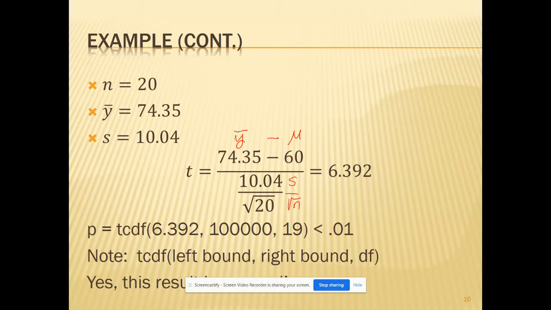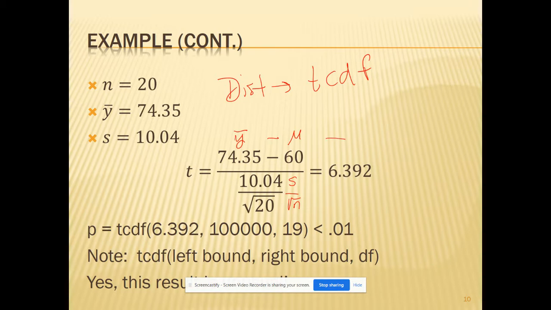Now, then I'm going to hit the second key and the variable key to go into the distribution menu. And we want to choose this tcdf. Notice that, remember for before we were using our Z, the normal one, right? Now we're using a T, okay? This gives us that probability. So the probability, we're going to go tcdf, our left bound, which is our t value,